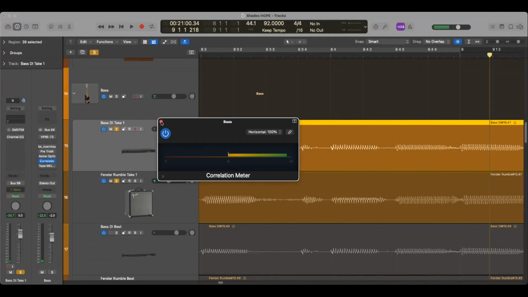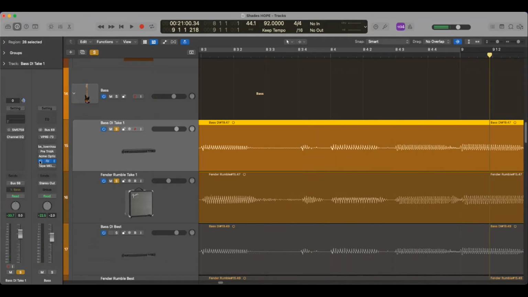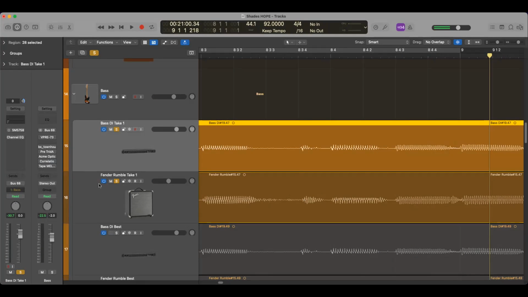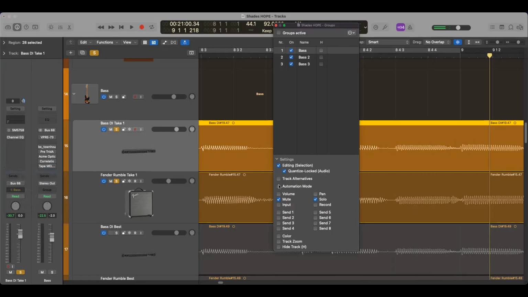So there you have it. We are completely phase aligned. Okay, so that's the first thing. It's a really great tool to be able to use your group settings and check that box if you're doing any kind of direct recording as well as